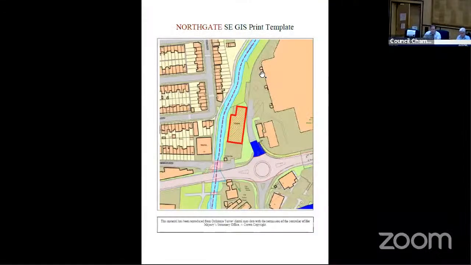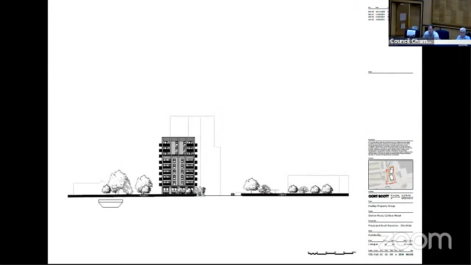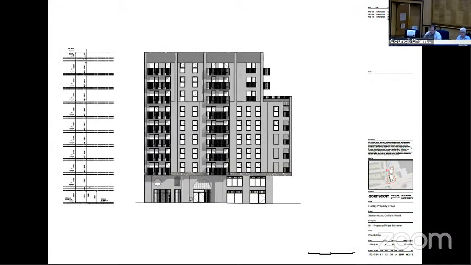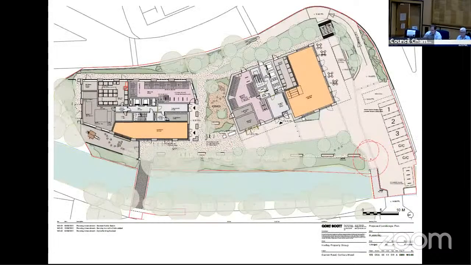There are drawings for this that are in the members' packs, but we're going to show some photographs of the site. The applicants have provided a model down here to show what this would look like as close to reality as we could. So the application is demolition of the existing building and the redevelopment of the site with 2 mixed height towers of residential and commercial space, a new footbridge across the Wandle, and associated hard and soft landscaping.